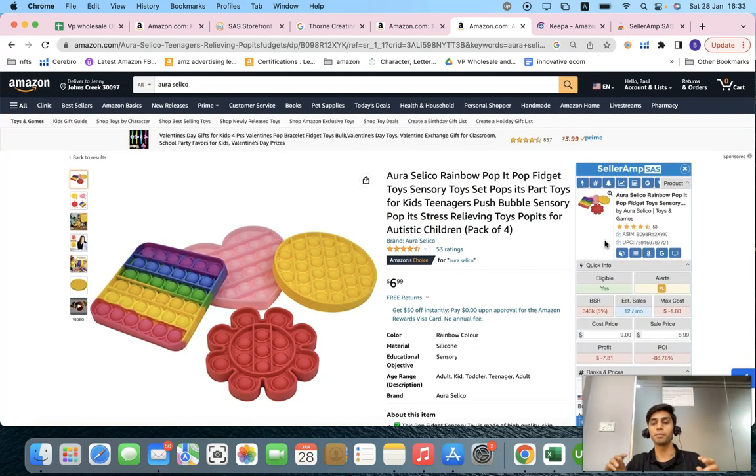So summing it up, what you have to see is whether this product is gated or not using SellerAMP, whether it has an IP complaint or not. You have to calculate its profitability. You have to see its monthly sales for just an estimation. So this is how you basically see it. If you want to do further research, you can do spying by seller using SellerAMP, which will help you do research more and more